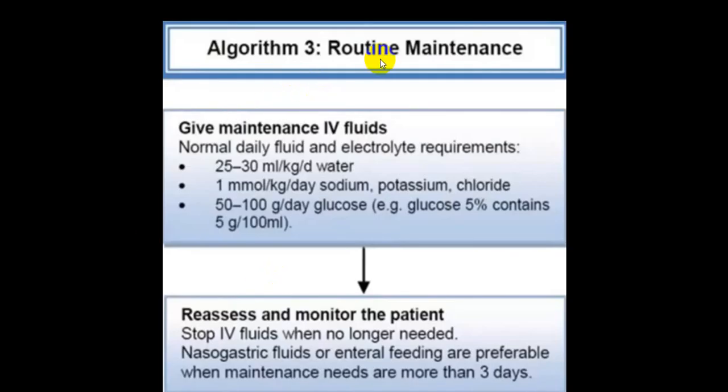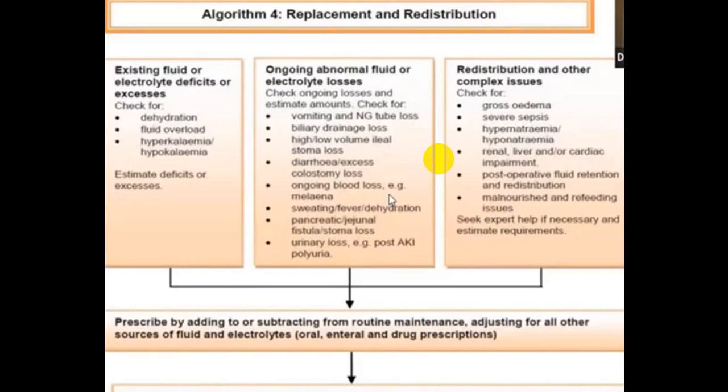Once the patient is stabilized, now he can be shifted to normal maintenance, and we have already told you that normal maintenance will require fluid, nutrition, electrolytes, that is sodium, potassium, chloride, etc. And that requirement is roughly weight plus 40 per hour. So if weight is 60 plus 40, 100 ml per hour, which will come to approximately 2400 ml per day. So that will be a rough calculation.